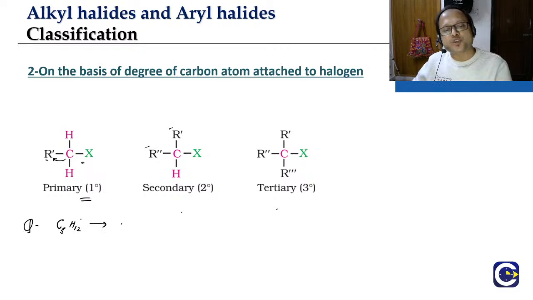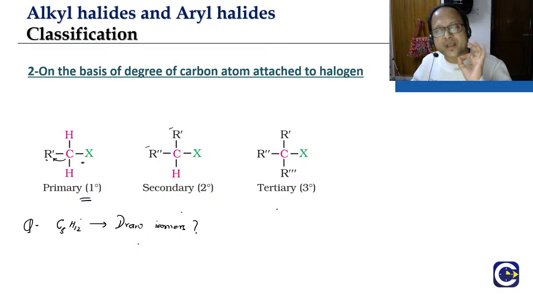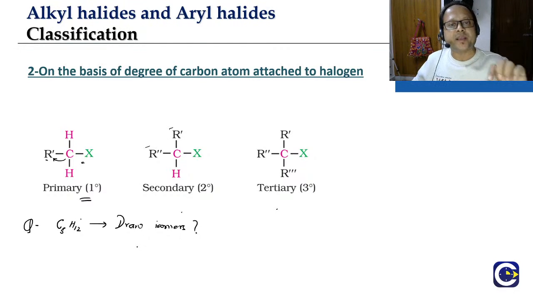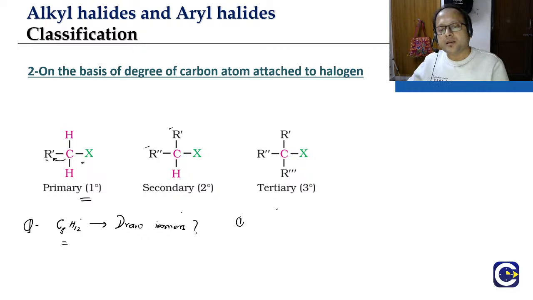Draw its isomers, such that, say we have done chlorination, so one chlorine is to be put here by replacing one hydrogen. And you can have various isomers of this compound. So you have to identify those structures of the alkanes, of the isomers, which will give you 4 different isomers